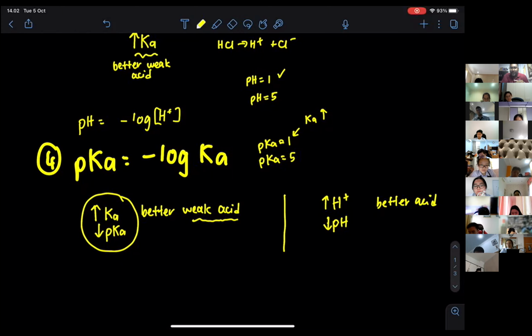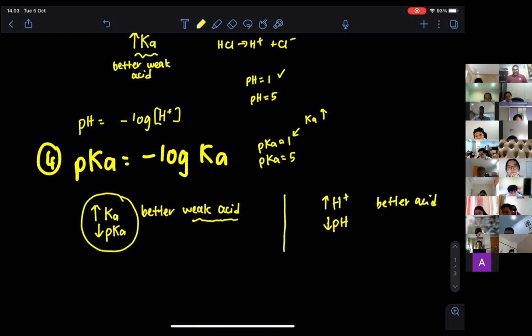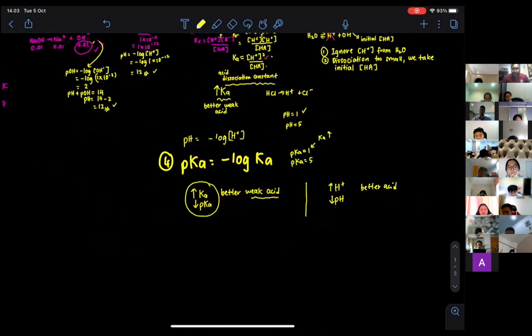And each different weak acid will have its own Ka. Normally they will be provided to you, or you need to calculate them using the information that is given to you. This is what I discussed with you yesterday. So now I am going to go forward to